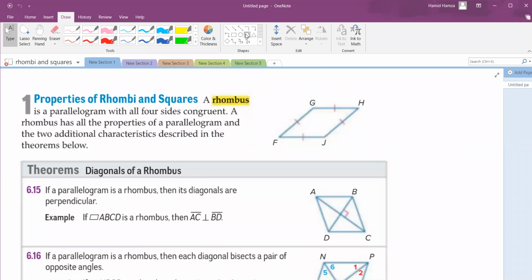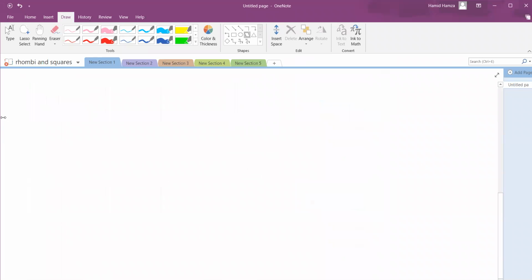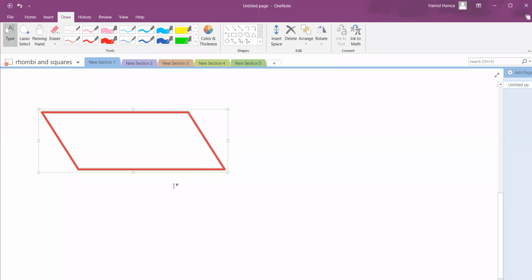So suppose I have a parallelogram like this. You will notice that in a parallelogram, the opposite sides are equal in length. And you will notice also we have a long side and a short side. So the question now, what if I form a parallelogram, but I'll make the four sides